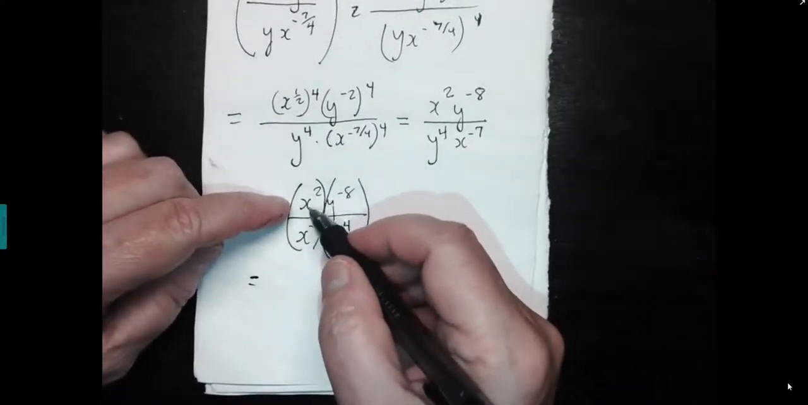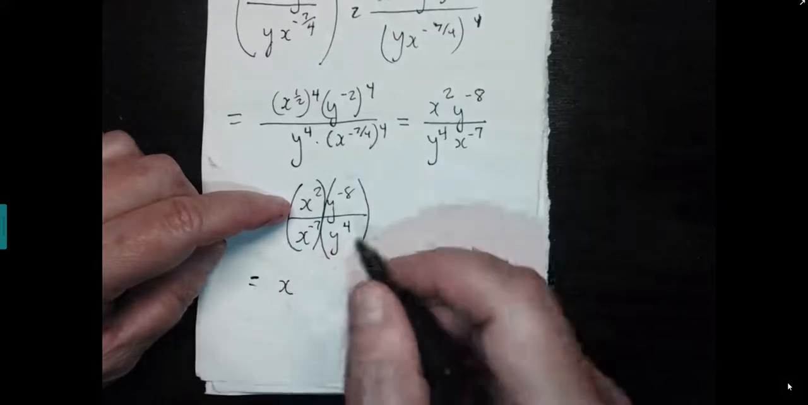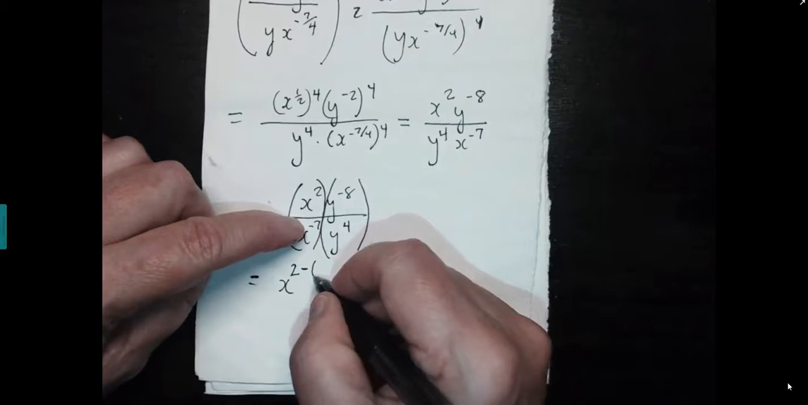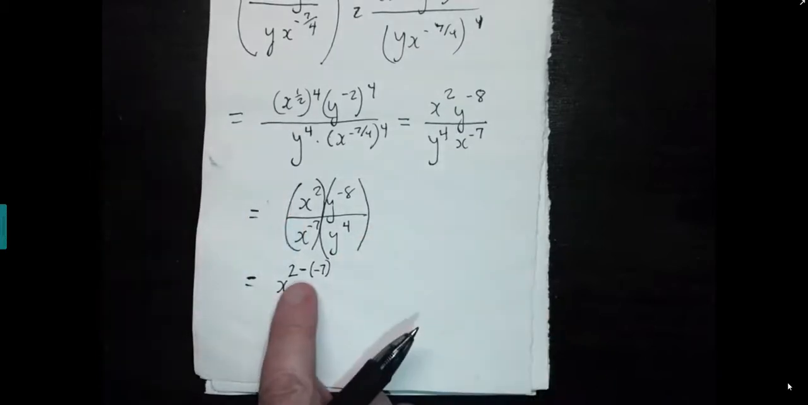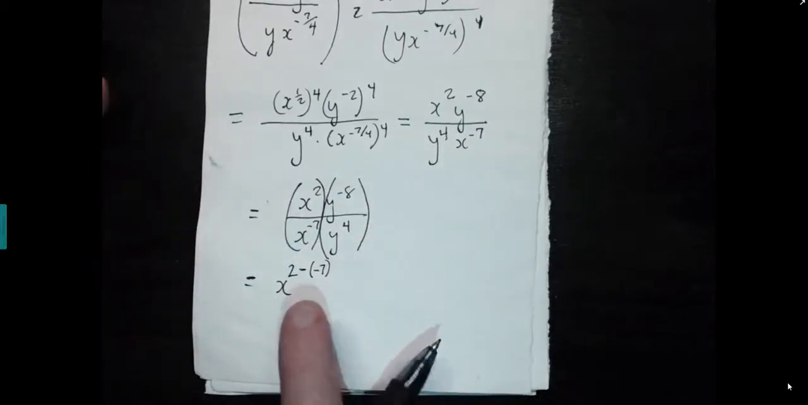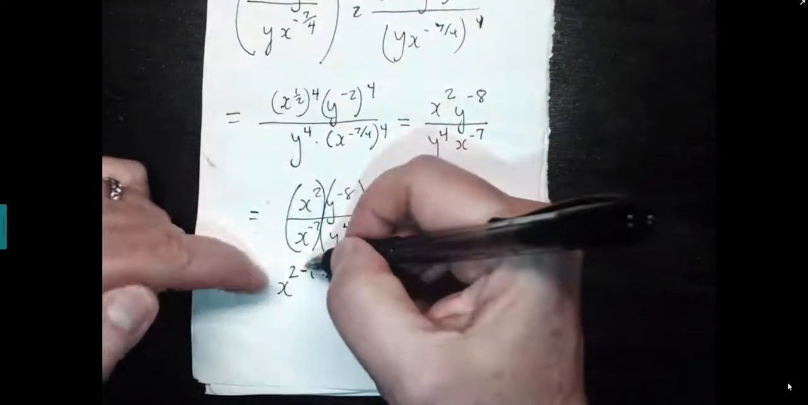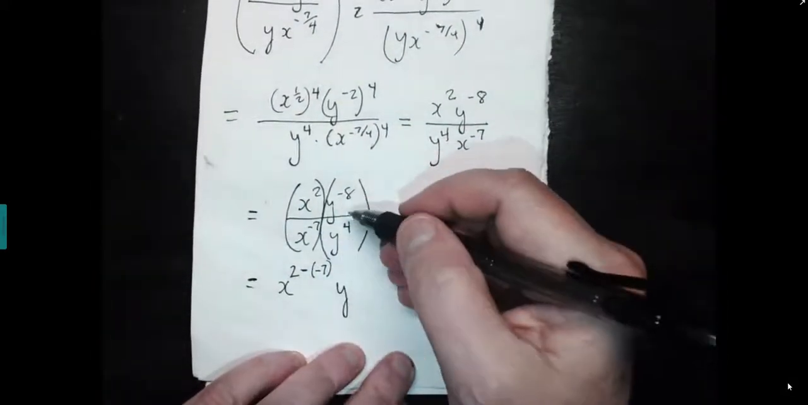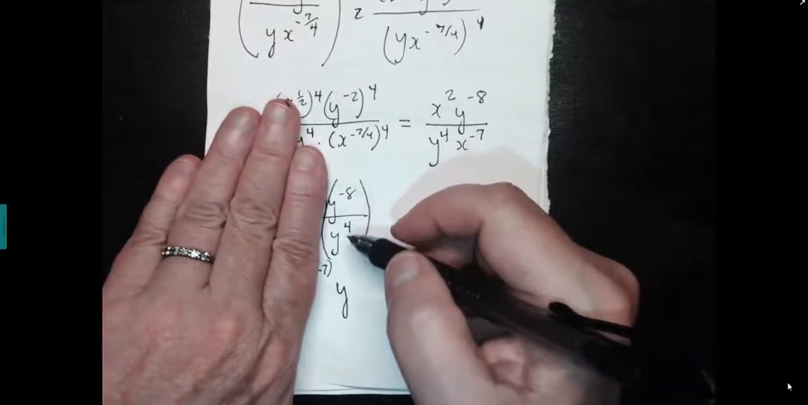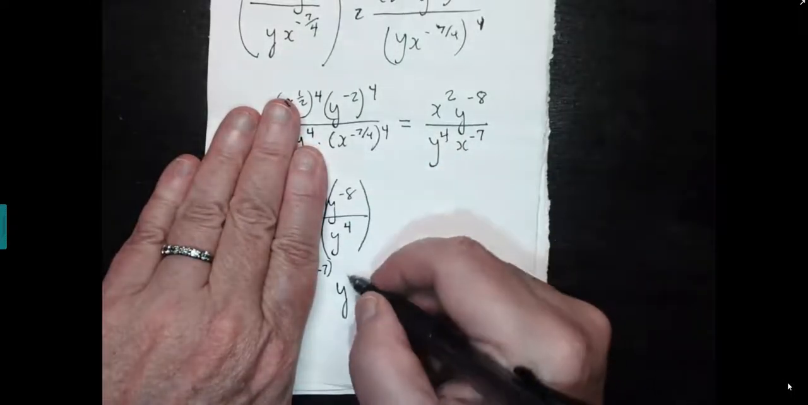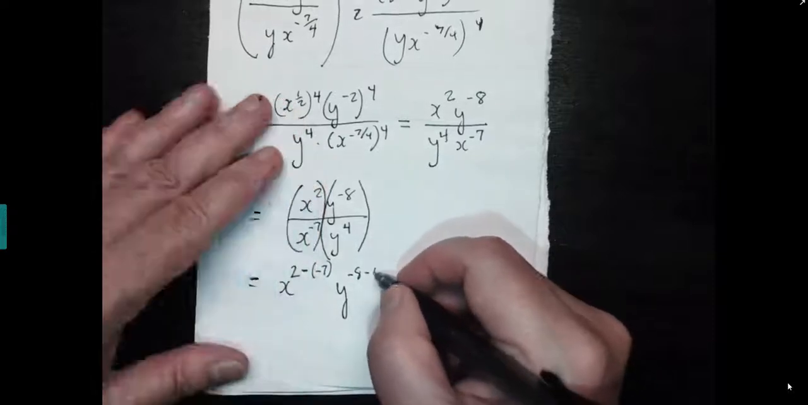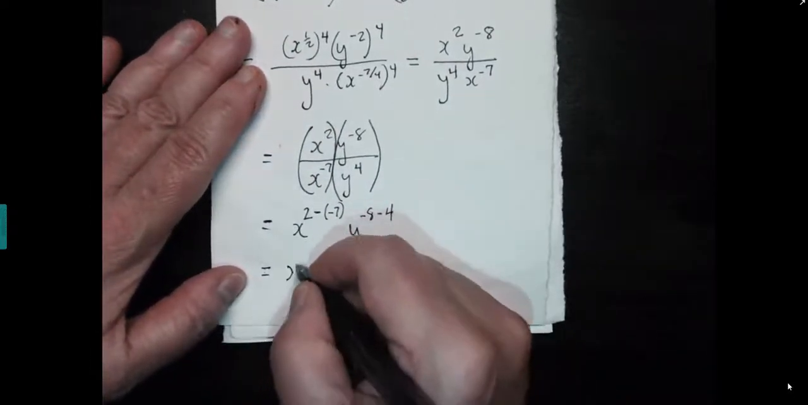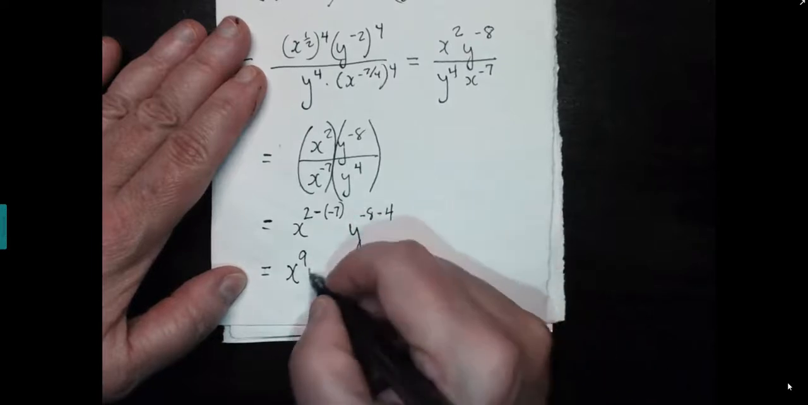So this one has the same base, x, so it's going to be x to the power of the exponent in the numerator minus the exponent in the denominator. A lot of students will wrongly put 2 minus 7, and that's not correct. It's the exponent in the numerator minus the exponent in the denominator. I'm going to do the same thing for y here, and this fraction will equal y to the power of the exponent in the numerator minus the exponent in the denominator. So that's going to be 2 plus 7, which is 9,